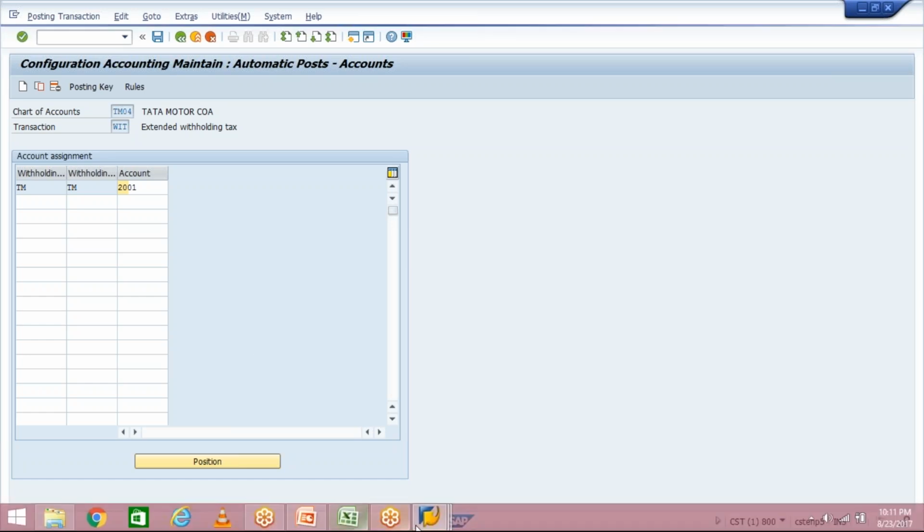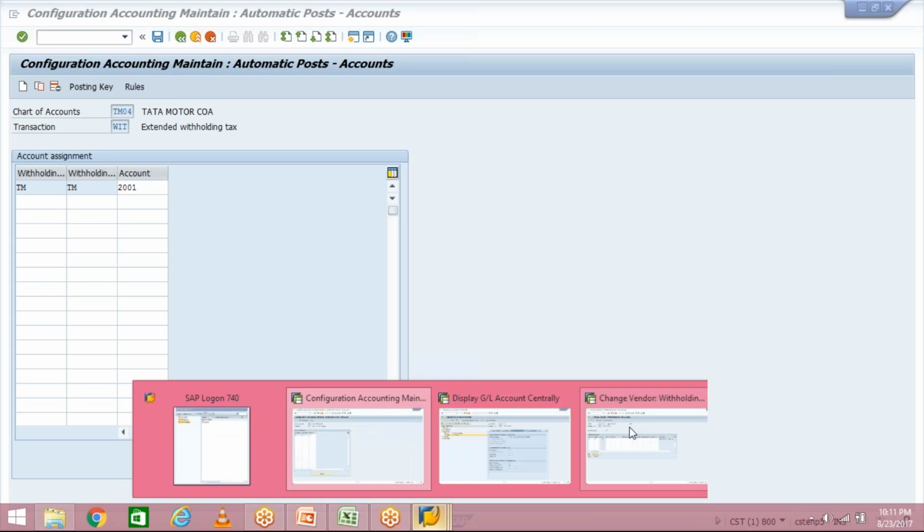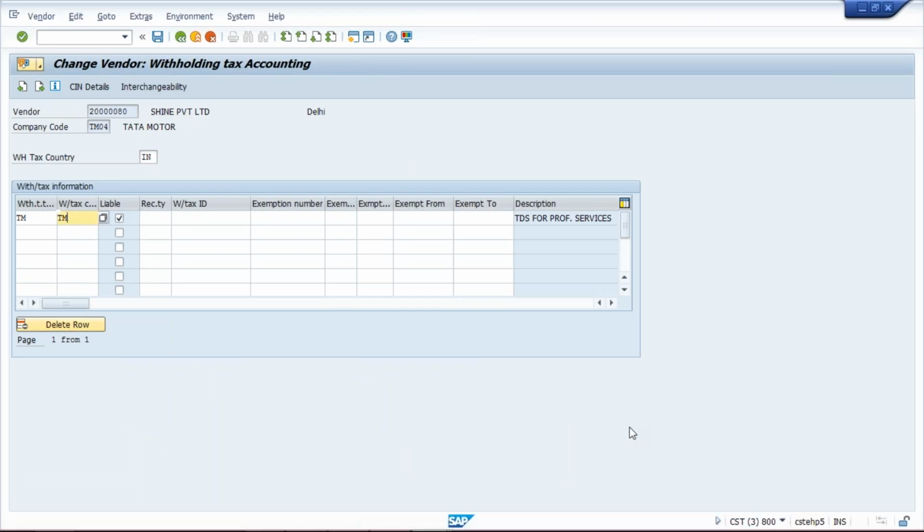And we have assigned it to the vendor master. Now, in the next session I am going to teach how this TDS is calculated automatically, and then the exemption scenario, which is very important and which people are going to ask during interviews and all. That I'll let you know. Okay, so this configuration session is over here itself.